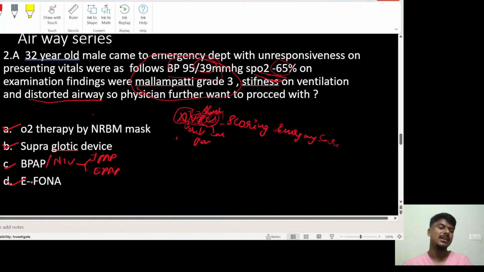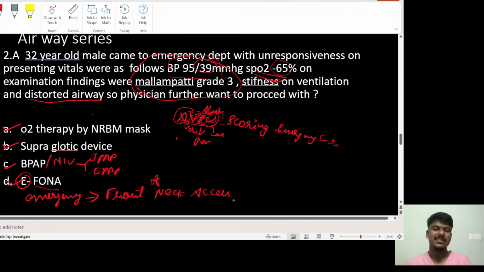And the last option is E-FONA. What is E-FONA? E stands for emergency, F for front of neck access. In simple form, it means cricothyroidotomy. This will be done with a needle, or we say needle or